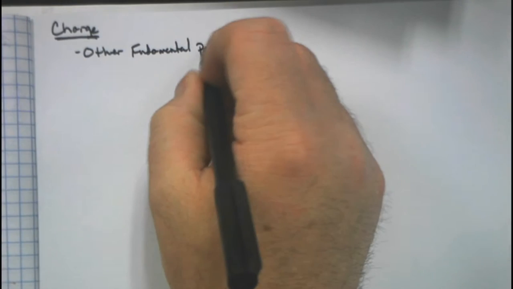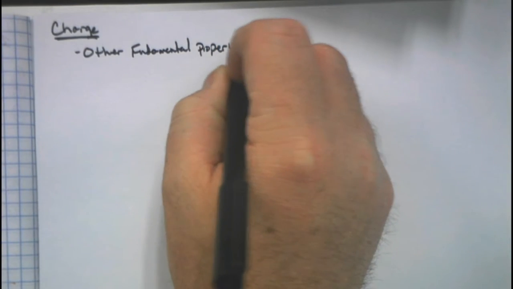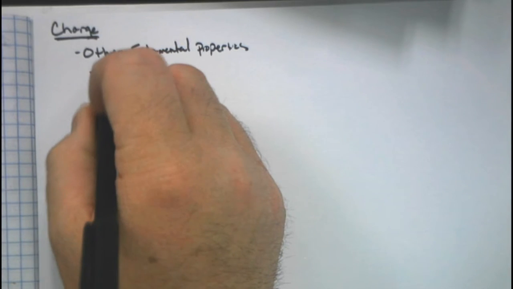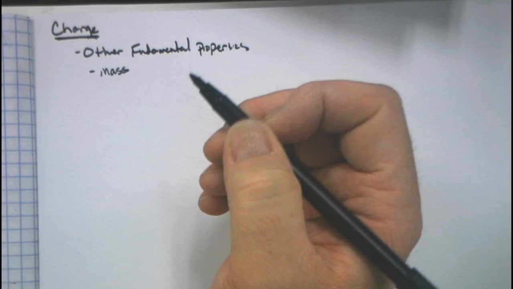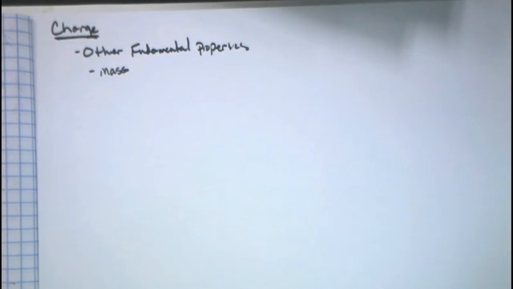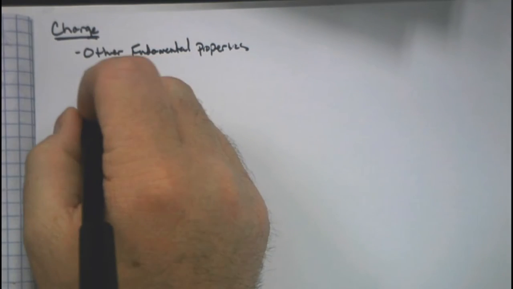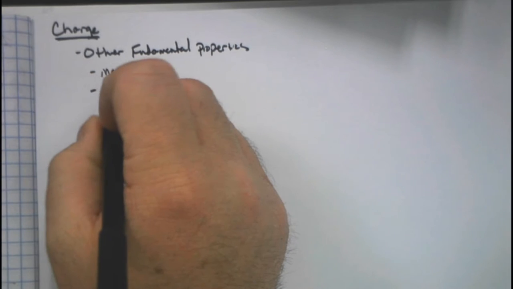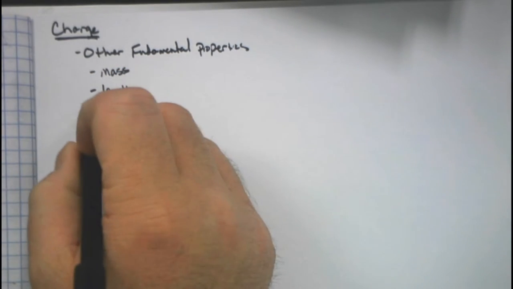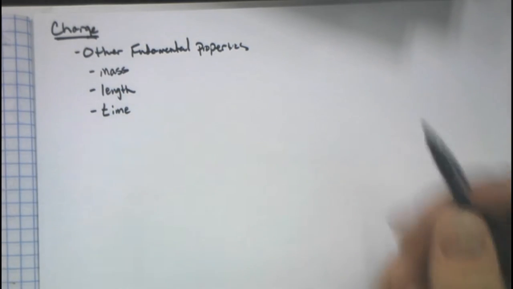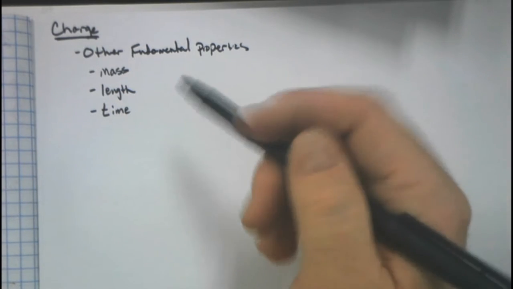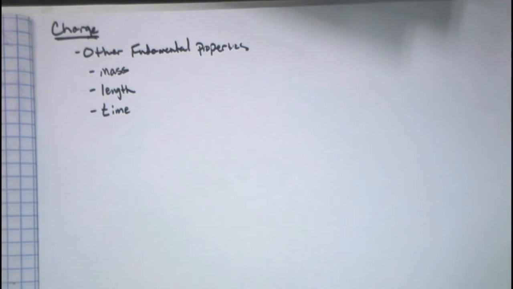We've talked about mass. In fact, it's not really just about matter. It's a fundamental property of, or fundamental unit in the universe. There's mass. There's length. There's time. And these are the ones that we've dealt with so far: mass, length, and time for all of our